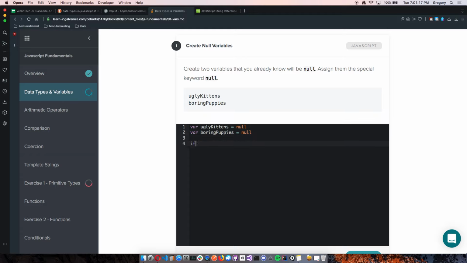So if I had something like if ugly kittens double equals, that's the comparison operator, not the same as the assignment operator. This is the comparison operator. This is the comparison data type operator. I don't think that's what it's called, but that's how I remember it. So this one compares values, the value comparison operator. This one compares values and data type. So if ugly kittens is directly equal to null,